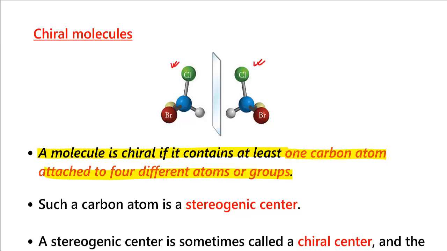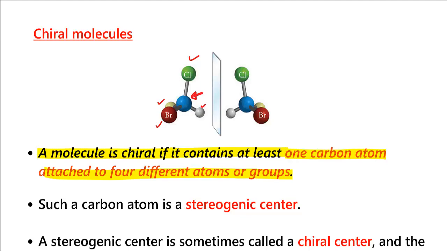But you can try yourself. If this is chlorine and this is also chlorine, this is also chlorine, this is also chlorine, you will find in that case these 2 get superimposed. So this means on a carbon the mirror images are not superimposed only when all the 4 groups are different. So this group, this group, this group and this group are different groups. If I have a center carbon, and on this carbon 4 different groups are attached, then this becomes a chiral carbon and the molecule becomes chiral. So this is the minimum requirement for a molecule to be chiral.